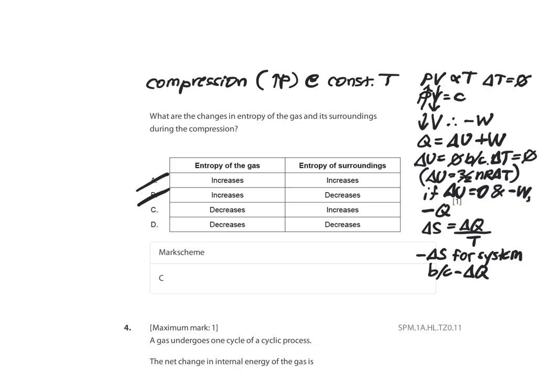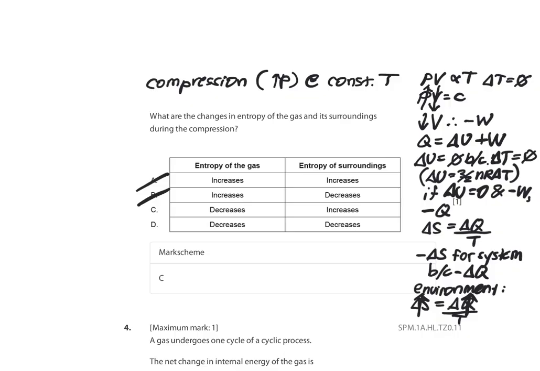And like I just said, the heat goes out of the system, but it goes into the environment. And so for the environment, the heat goes out of the system and into the environment. So the environment gets an increase in heat, and so there's an increase in the entropy for the